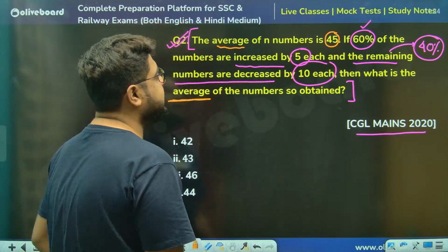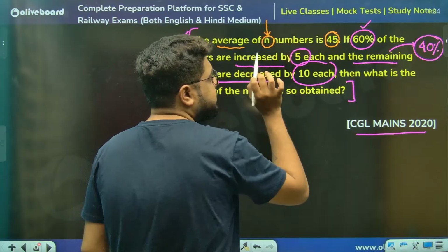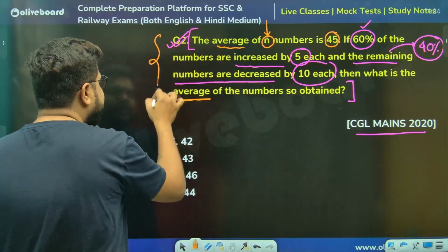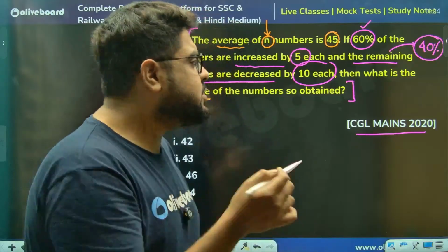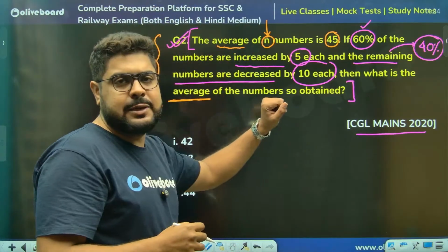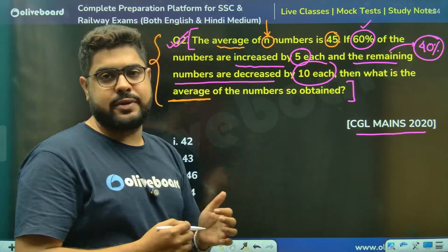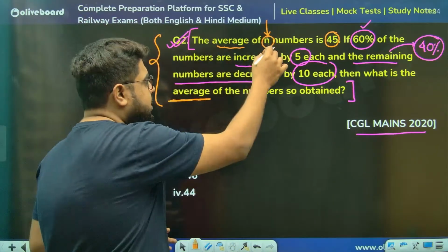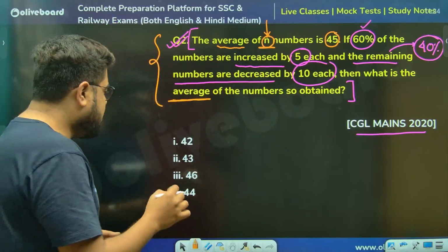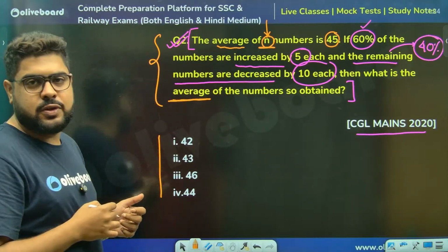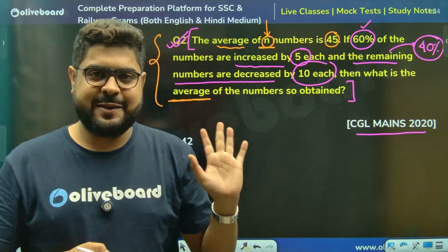So what I'm saying is, total n numbers, you see, I do not need n. Please understand, by reading the question, I requested you guys to be street smart. Are you guys getting this much? This whole thing does not depend on n. Nowhere else do we need n, only here they have written n, not even in the options. So this whole thing does not depend on the value of n.